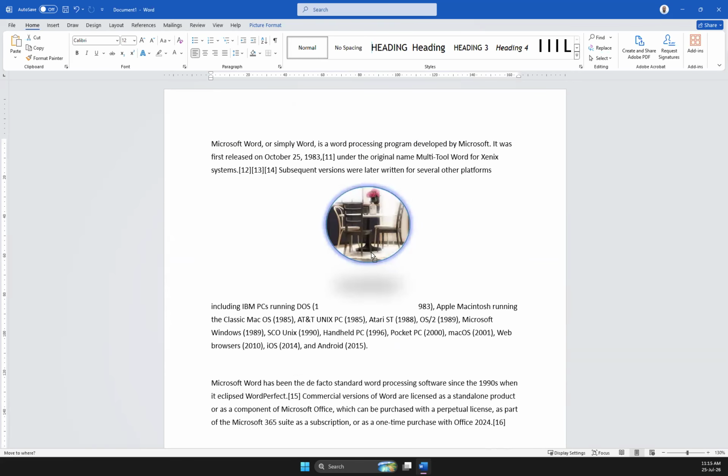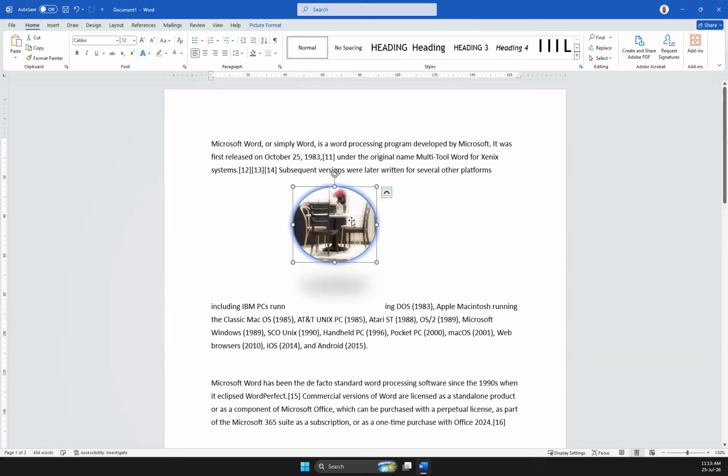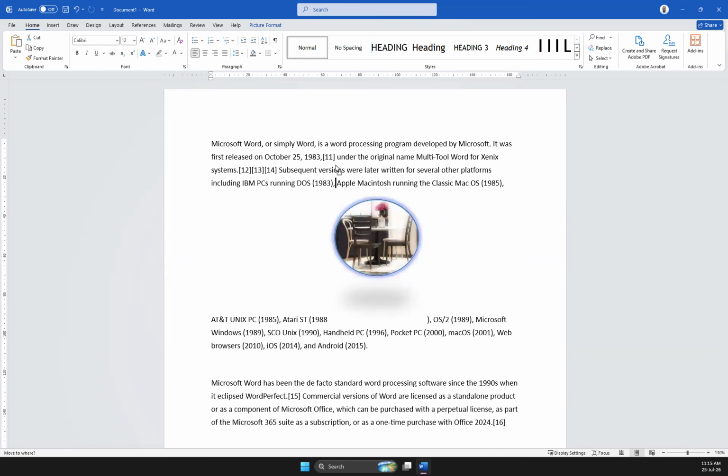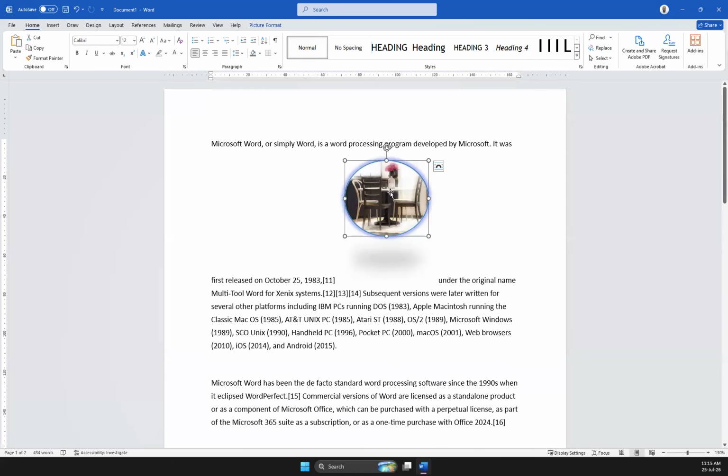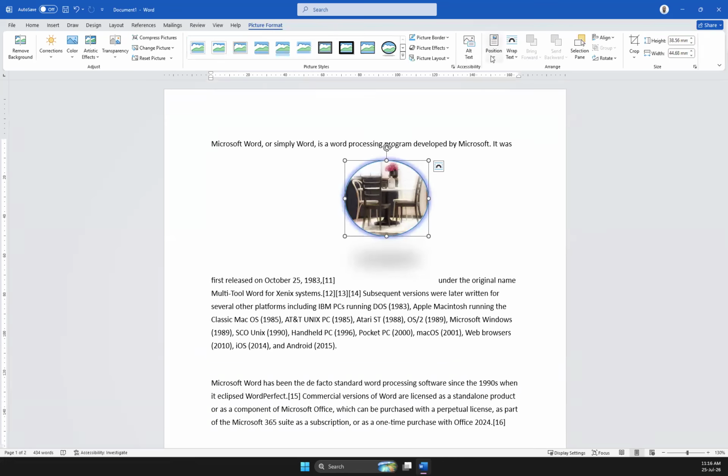You can see that currently if I move the picture, the text changes, the paragraph changes. This is not what I want. So you have the